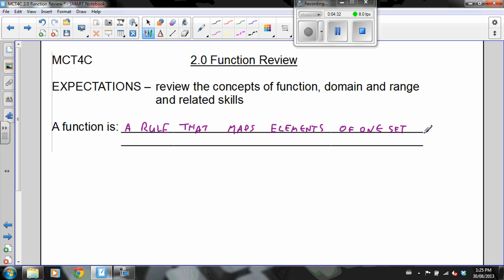And we'll talk about what these sets are. This first set, the input set, is the domain. I can almost hear you groan out there in cyberland, domain and range and all that stuff, and I know how some students don't like that, but a function is a rule that maps elements of one set, the domain,